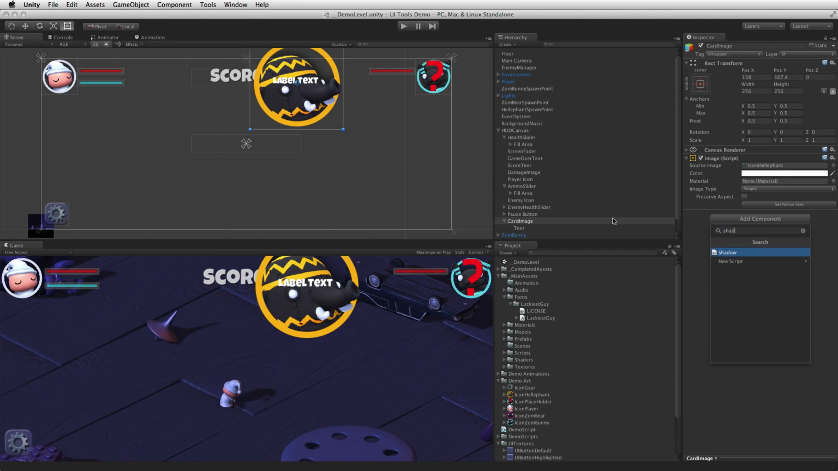Shadow. And outline. Might be able to see it a little better. Oh, I just put those on the wrong one. Here we can do